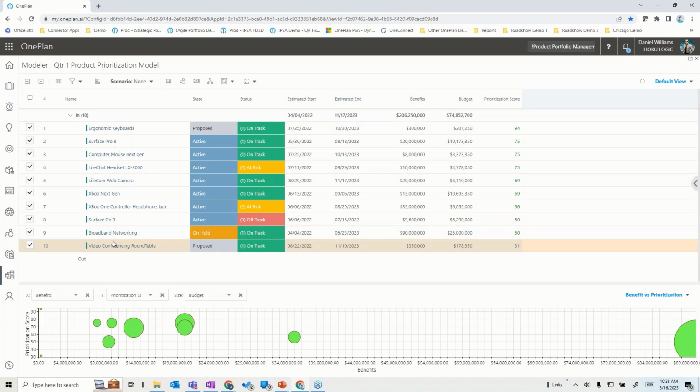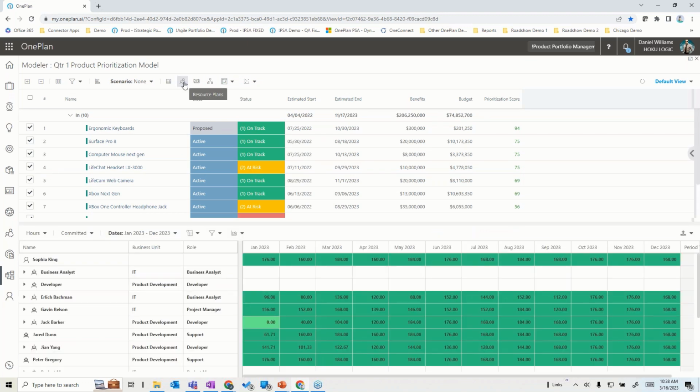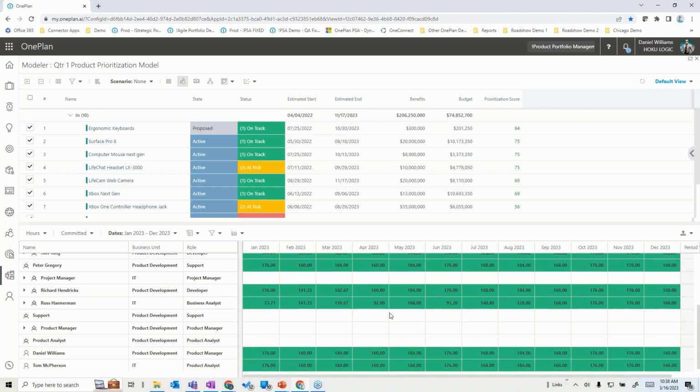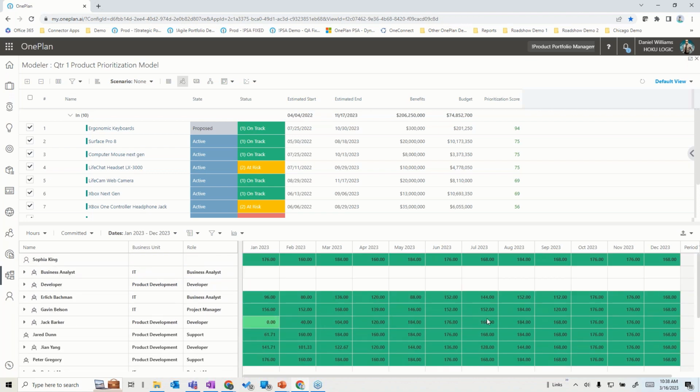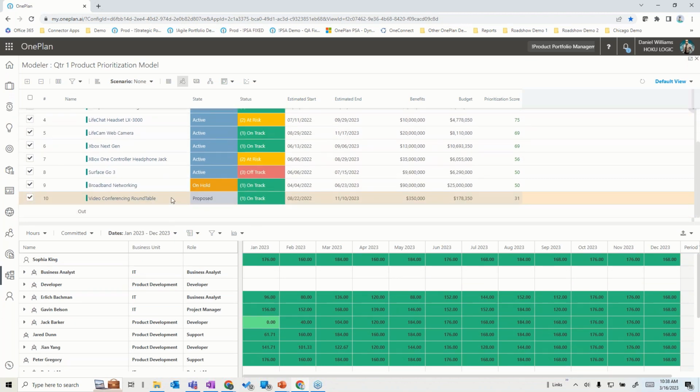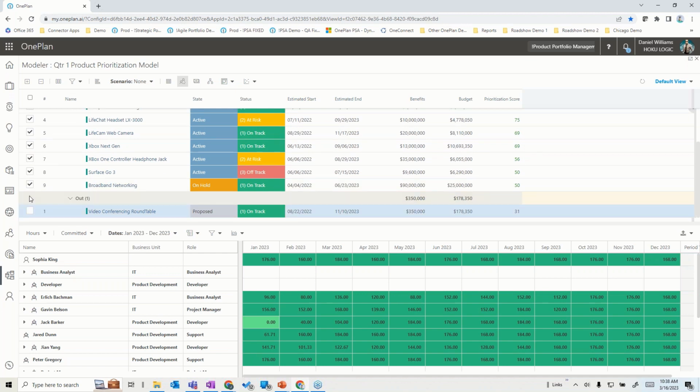Now, in that, we might factor in things like, do we have the resources to do all the things in there? And it looks like I'm looking pretty good from a resource perspective. But if I didn't have the resources to do this, if I was over-constrained and some of these things were red, I might decide to take a lower priority product and maybe say, maybe we don't do the video teleconferencing roundtable, and it would dynamically change the resource allocation down below. Or I might say,